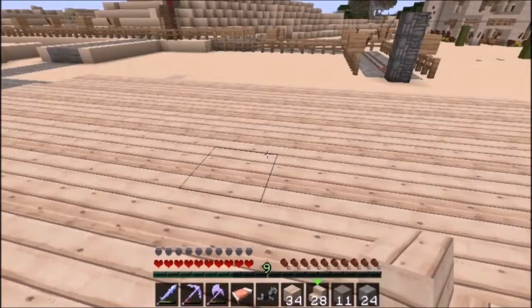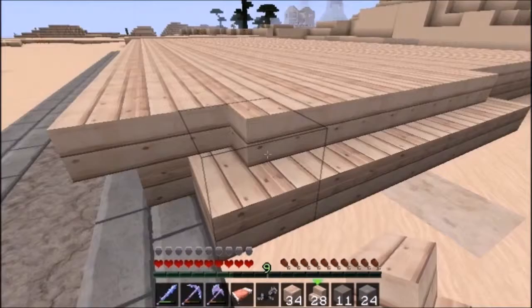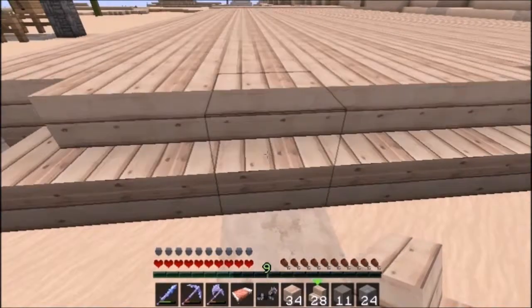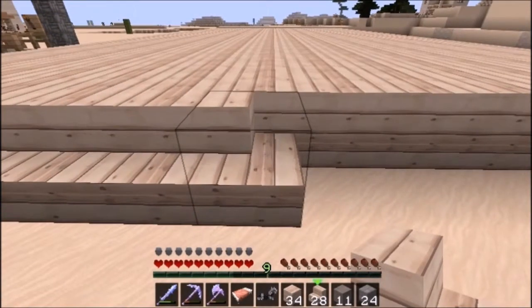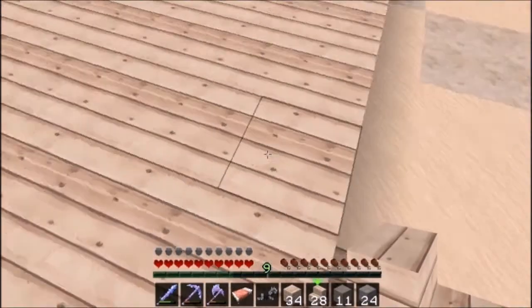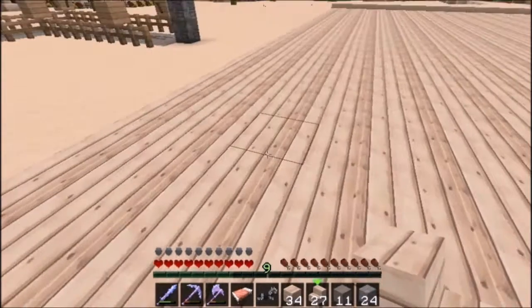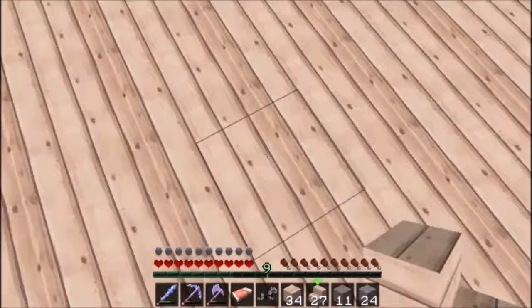That's the floor all put in. I used up about 3 stacks of wood. And what I've started doing is I've just done on this side, I've done 1, 2, 3, 4, 5, 6 stairs, because this line here, I'll just drop a stair here to remind myself later, this line from this area is going to be the actual platform, and this area is going to be like the waiting room and ticket